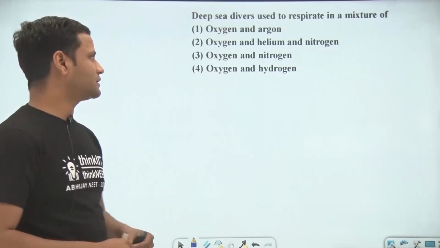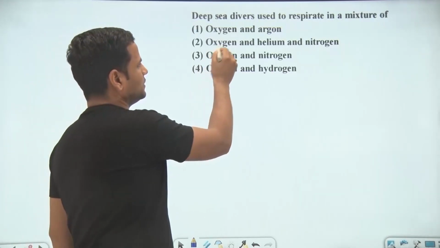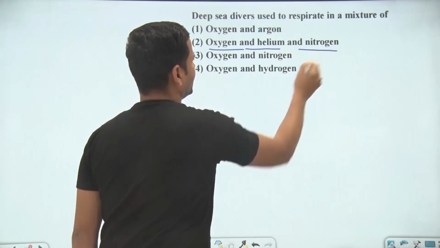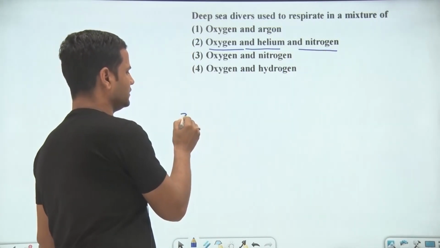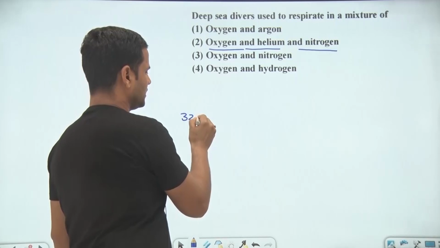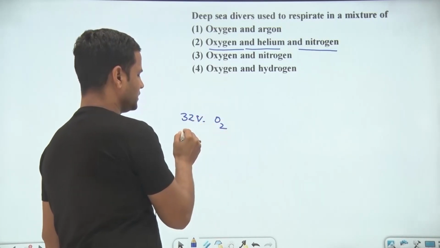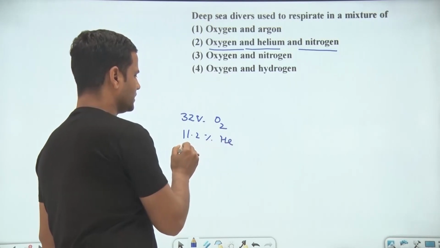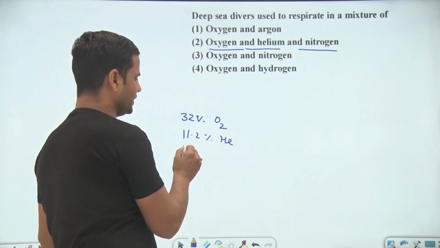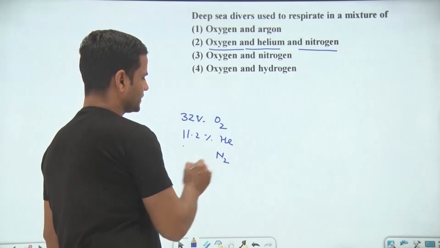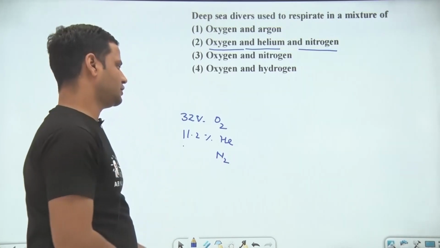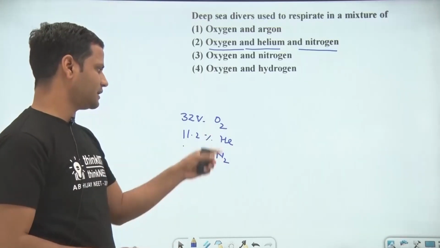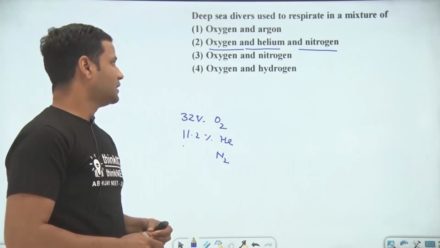As we know, the scuba divers when they go to the sea, they take oxygen, helium and nitrogen. In the ratio of oxygen will be 32% and 11.2% of helium, and all remaining gases will be the nitrogen. So in this ratio they will be taken in a cylinder, they take the cylinder in the ratio of this,